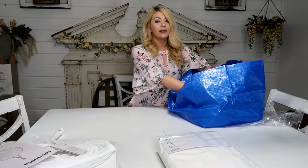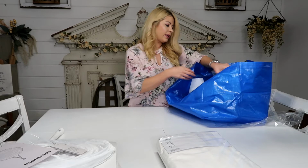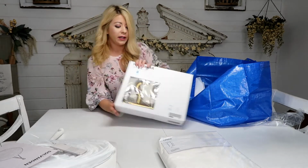Ooh, and this is something else that I just randomly saw while we were there and decided to get. This beautiful faucet. It is,